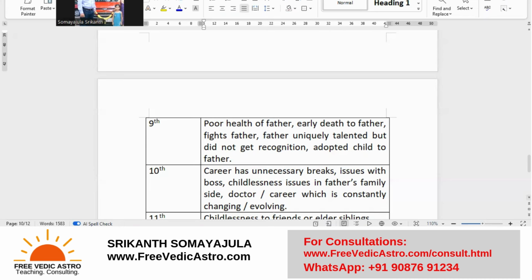Now how would you judge all these things? It depends on the kind of planets that you have. You have Venus, Moon, Jupiter, such kind of planets who are very diplomatic people. That's why these are Saumya Grahas. They're very diplomatic. They do not want to get into a conflict. So rather, what happens? The father is uniquely talented, extremely talented. He has some unique talents, but somehow the talents could not come his way, and he couldn't make much money out of it. And father stands a little lower, right, than the native, because Ashwini is very good for the native. Okay, there can be an adopted child to the father because Jupiter ultimately adopted a child.